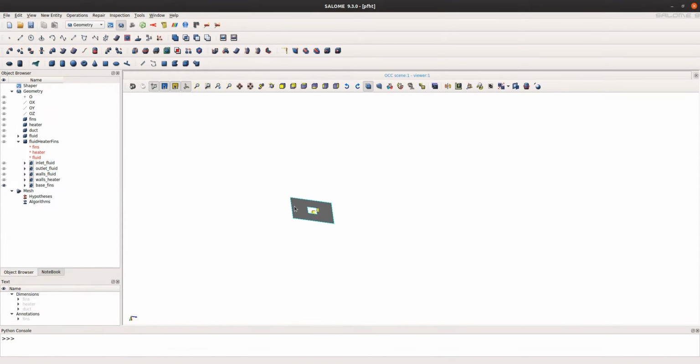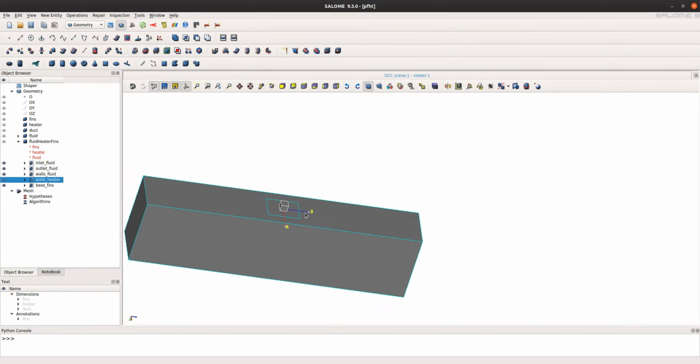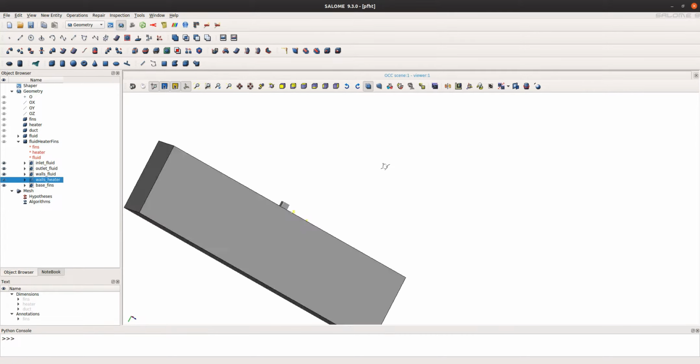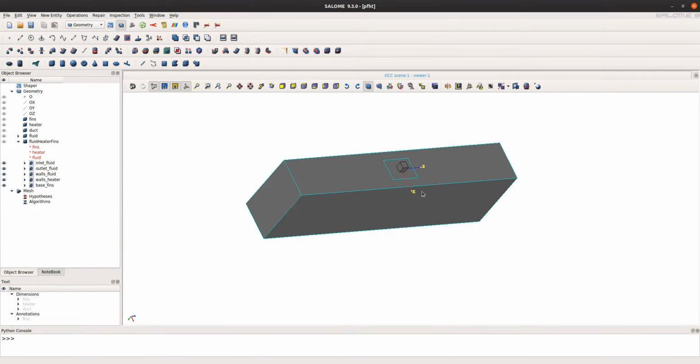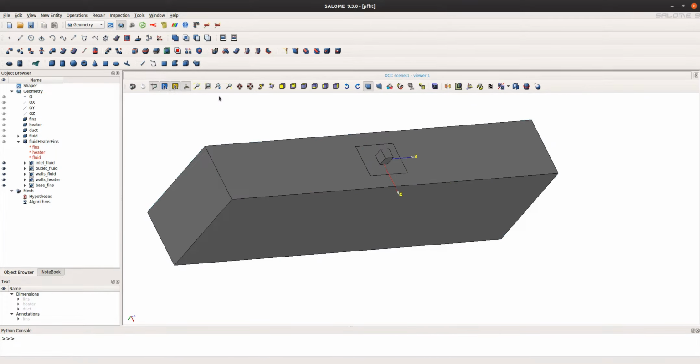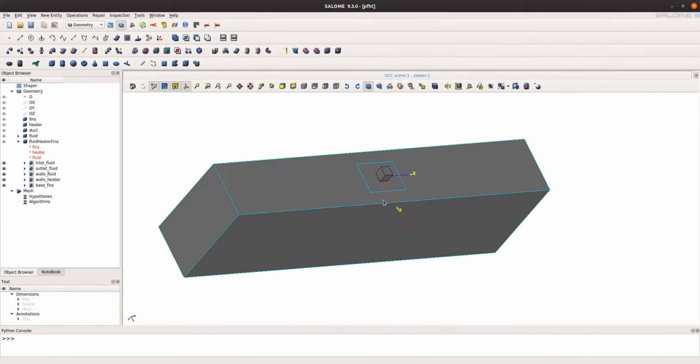We have now defined all the faces that make an outer boundary of this region. So this is going to be our starting base surface that we will use in Snappy Hex Mesh.